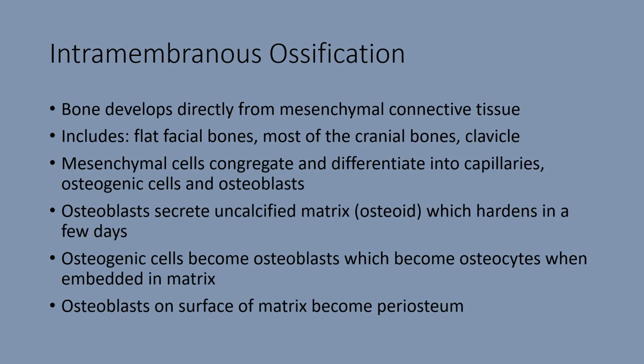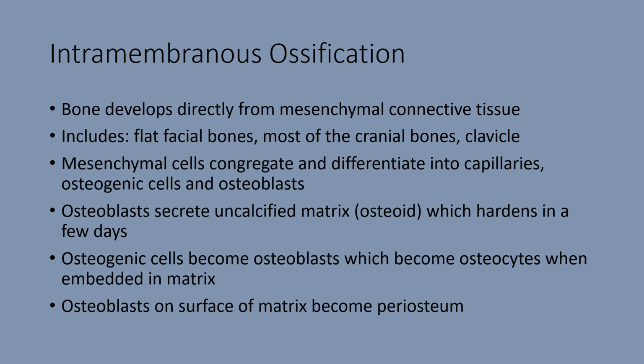Intramembranous ossification. There are two main types of ossification, and this is the first one we will talk about. This is where bone develops directly from the mesenchymal connective tissue. Mesenchymal is a type of embryonic connective tissue. This happens in a lot of your facial bones, most of the cranial bones, the bones in the head, and